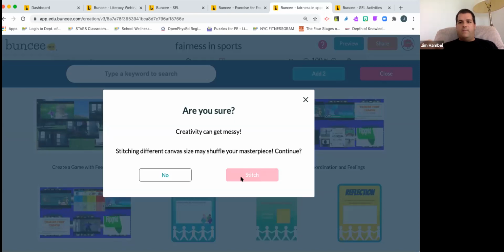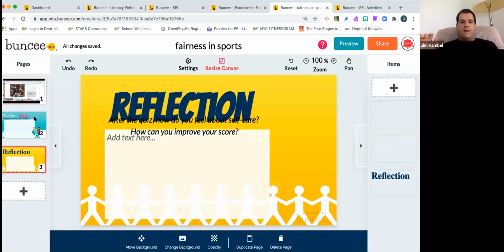it gets a little messy, but for the most part it goes. So then I could actually take from a different Buncee slide and I can make a whole new one. I just discovered stitching. I really think it's fun. And it's really good because Buncee allows you to do so many different topics, so many different things, and